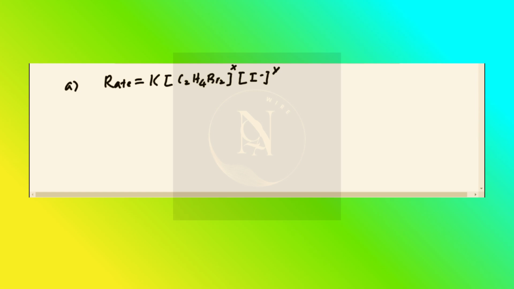So we're going to try and determine what x, y, and k values are. We have 3 sets of data. If you look at these 3 sets of data and plug them into this general rate law, we're going to see for the first one, we have